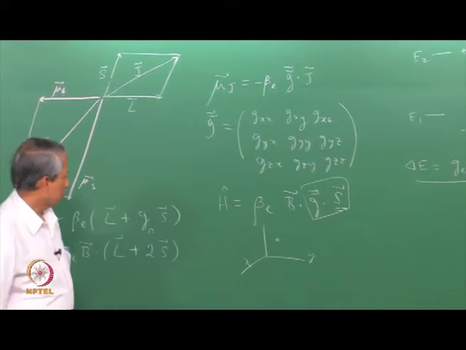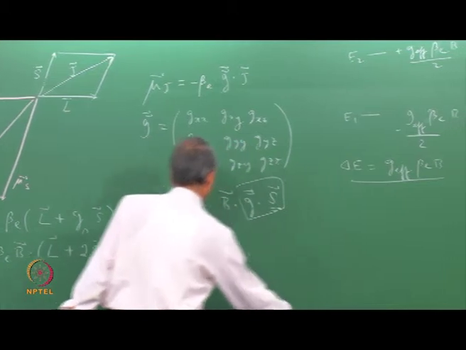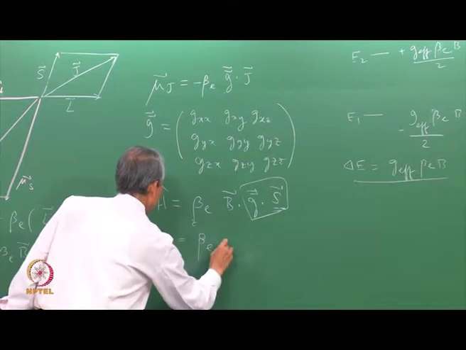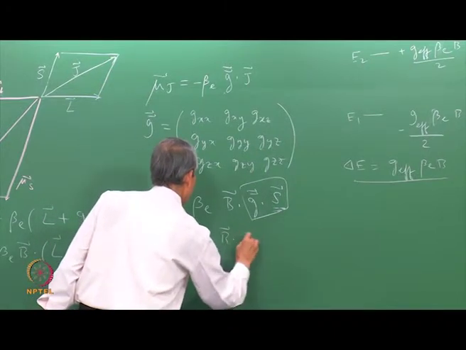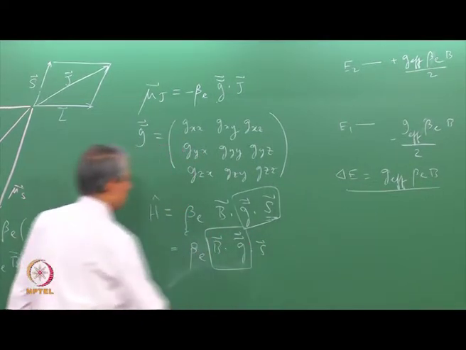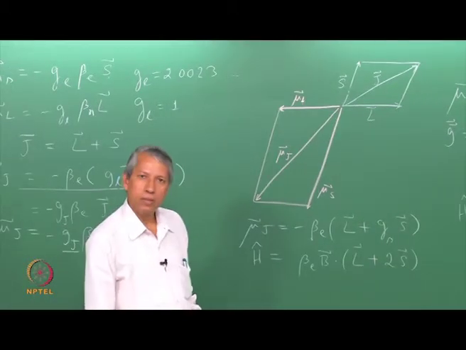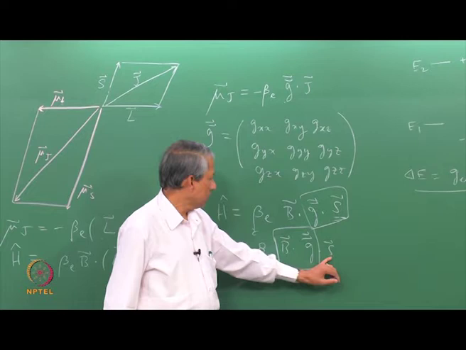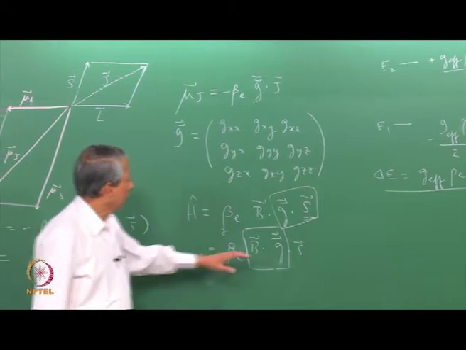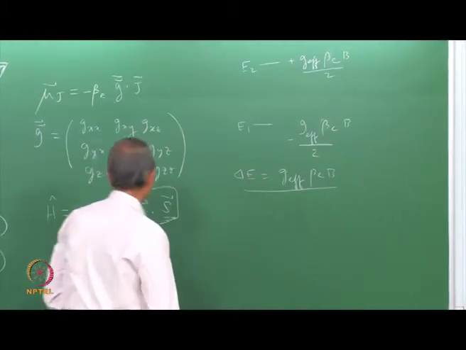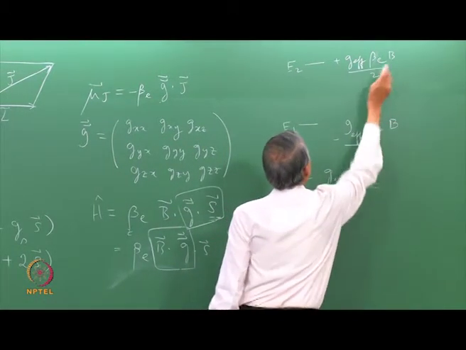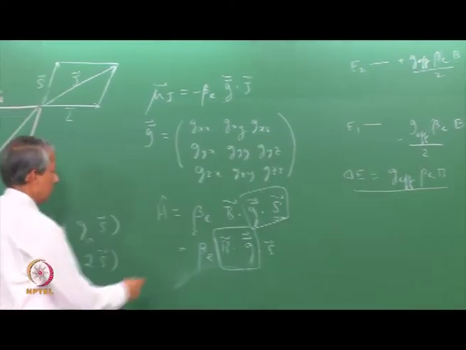But we can look at it differently also. We look at it as an effective magnetic field which is interacting with the spin angular momentum, and that is the way the energy levels can be thought of. So, this gives effective G value for a given value of the magnetic field B here, and the energy level is split. Both are equivalent actually, how we look at it.